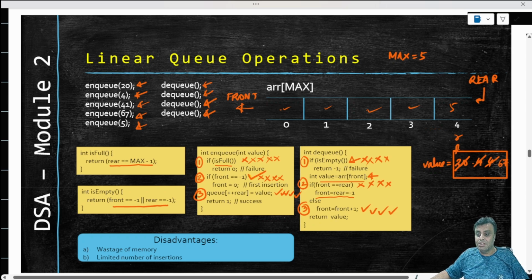There is a wastage of space here. While there is still space here, you cannot do anything. You cannot enqueue a fresh element because rear is now pointing to max minus 1, right? You cannot. And of course, if you dequeue this,